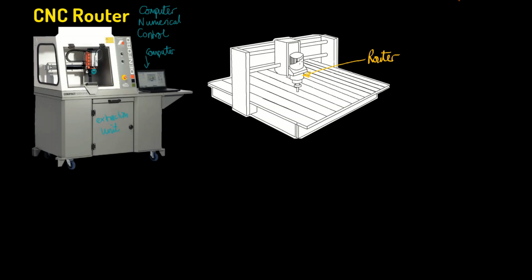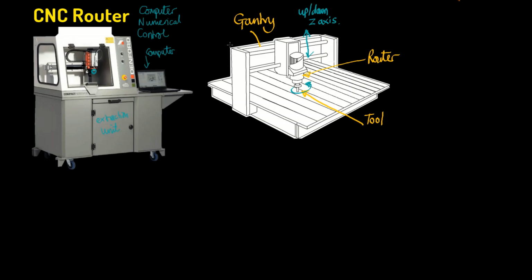So we've got the router as before, but there are no handles on it because it is connected to this gantry, which is a movable set of axes. Also at the bottom here, we've got the working aspect of the router, which is the cutting tool. Now, the great thing about a CNC router is that we have control of the up and down movement. We call this the Z axis. And this is the Z axis because we have a rotating tool, and we always label that the Z axis